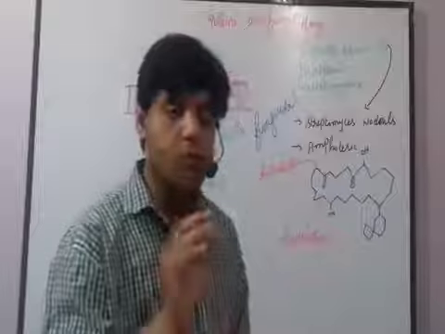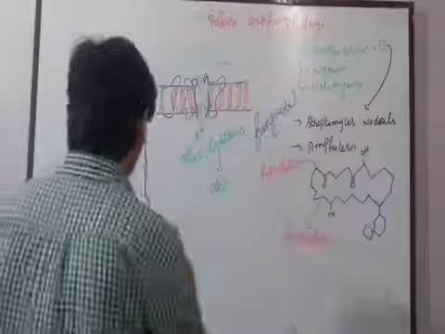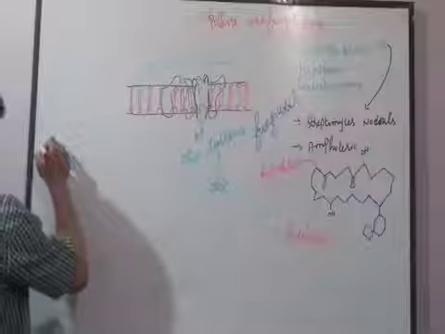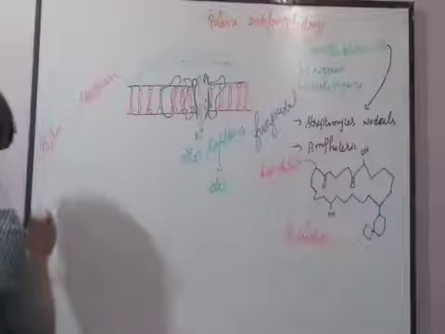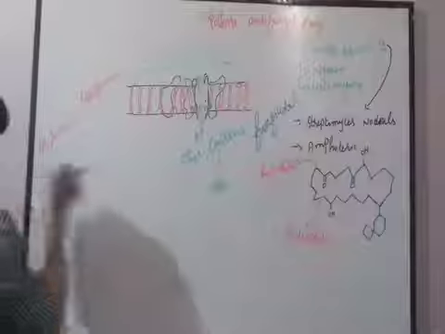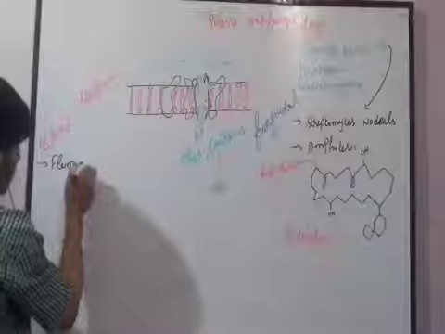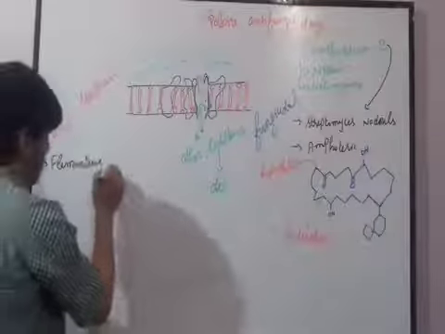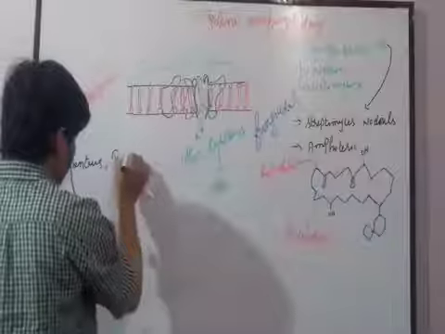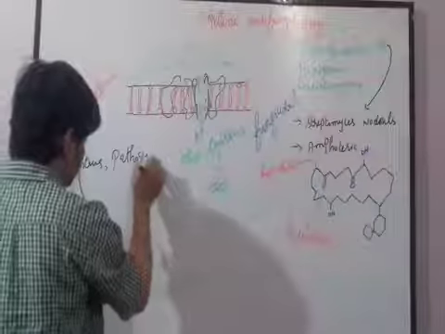Now let's talk about the broad spectrum of these drugs. When we talk about the broad spectrum, these kinds of drugs are active against filamentous, pathogenic, and saprophytic fungi as well. Now the fungi which are filamentous, pathogenic and saprophytic, these fungi may be what? These fungi may be the